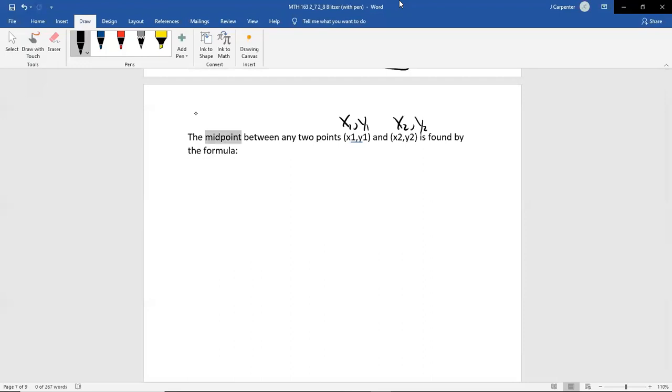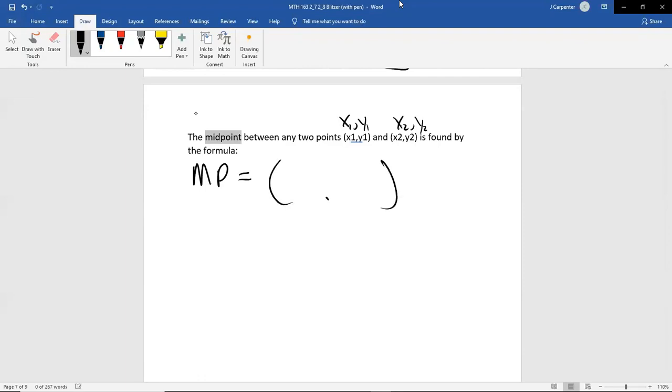And that midpoint formula is found by this thing that you'll have to memorize. And I'm just going to tell you, I don't memorize the formula. I memorize this as a concept. A midpoint is the halfway point. Halfway between 2 points would be their average. So we're literally just going to average the coordinates. What does an average mean? You add them and divide by however many there are, which is 2 coordinates.